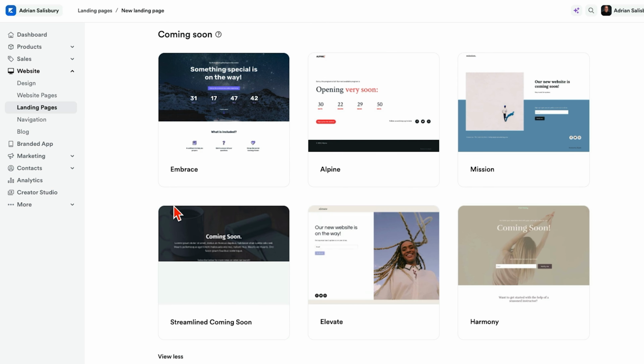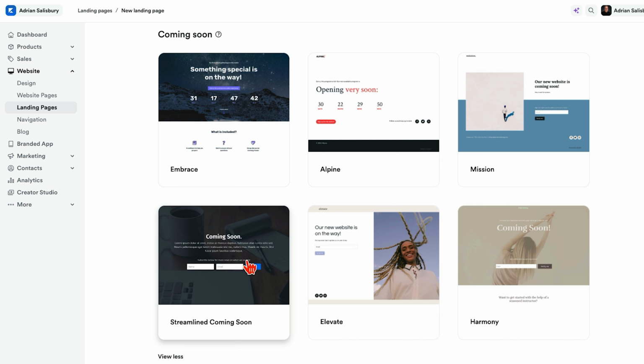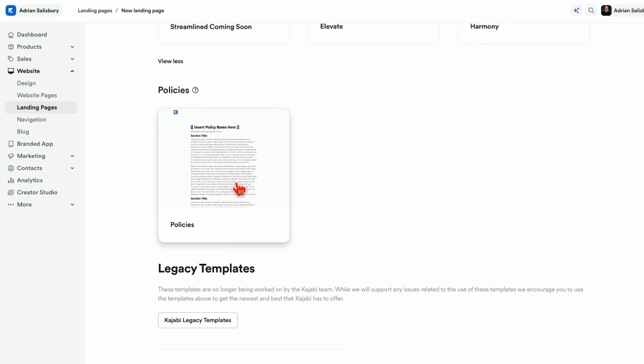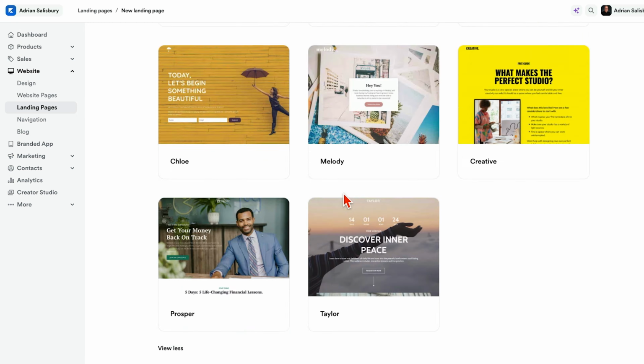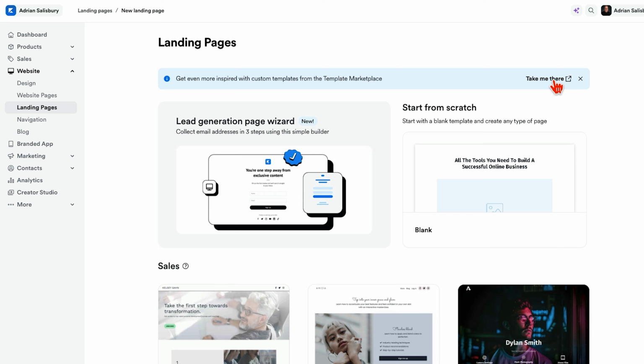A coming soon page, if before you've got anything built, you just want to get this up and to be able to hold people or have a place they can come to, and ideally have an email list in here that says, hey, we're not ready yet, but be the first to know, and then some formal policies and things in there. And I just want to point out that, again, I mentioned this in the previous video, but you